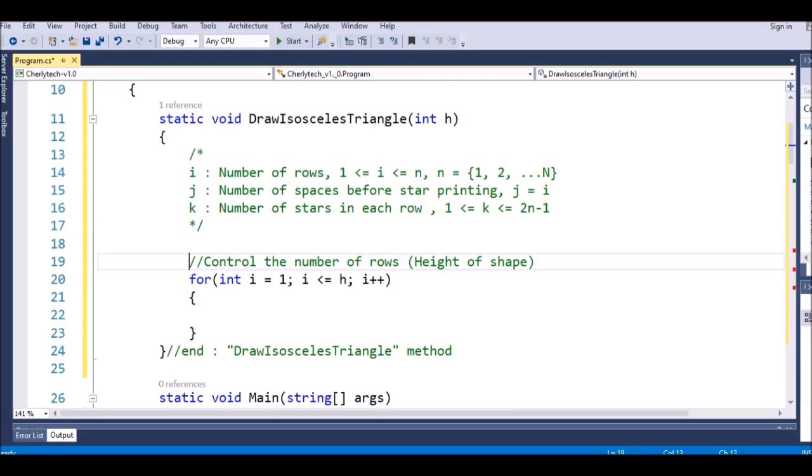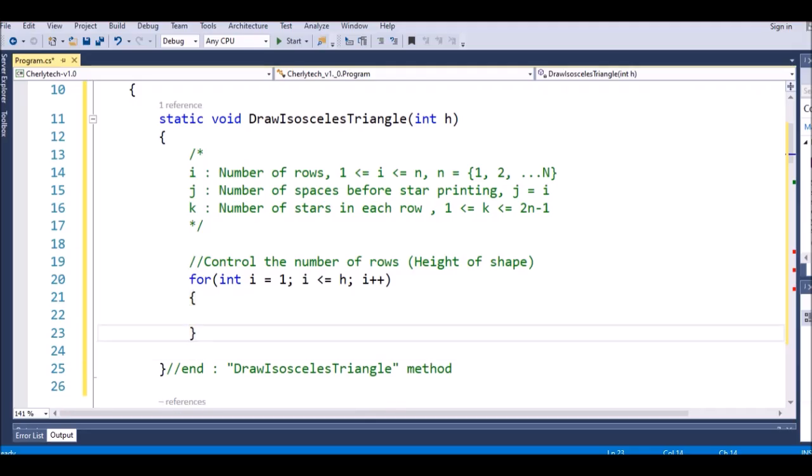So we declare that I is the number of rows, right? So the number of rows equals the height, so this means that I must be less than or equal with the value of the h, the height. So in here we say n, this one,